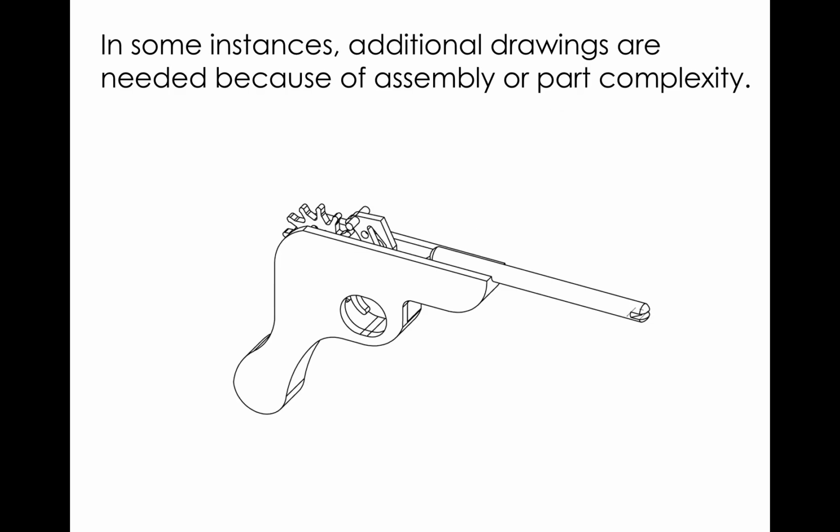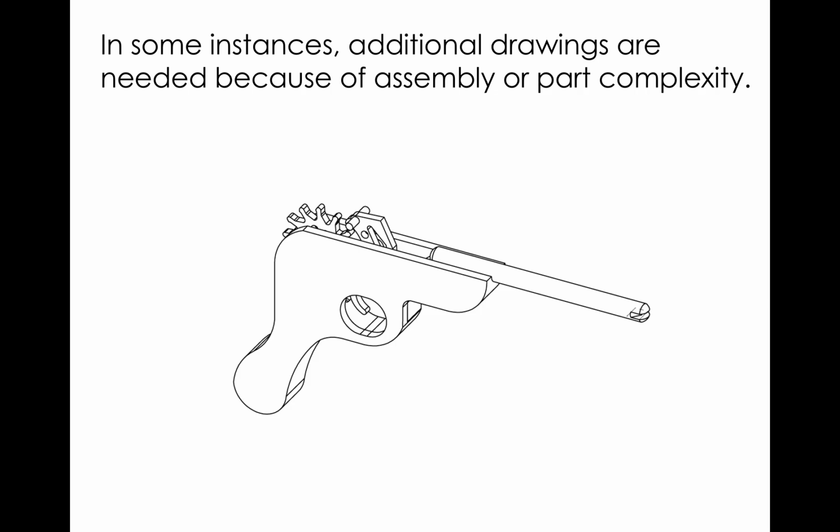But that's not always the case. So in some instances, either your assembly and/or the parts themselves are kind of complicated, okay, and some additional information could be communicated to your manufacturer to make it clear, okay. So an example of this would be your rubber band shooter, which you're working on right now